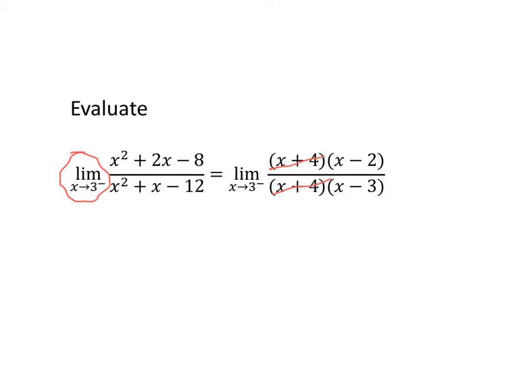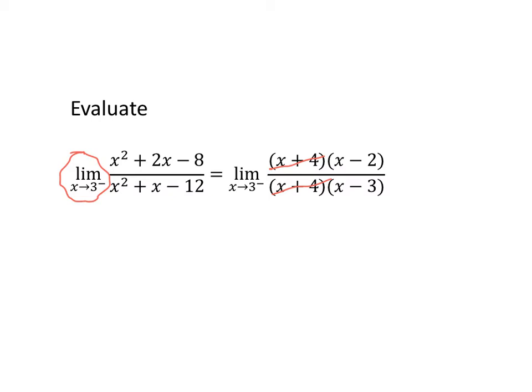Now, we're approaching 3 from the left-hand side. So that means that it's going to get really close to 3, but never equal 3. So say it could be 2.99. If x is 2.99, the top, 2.99 minus 2, is getting really, really close to 1. The bottom,